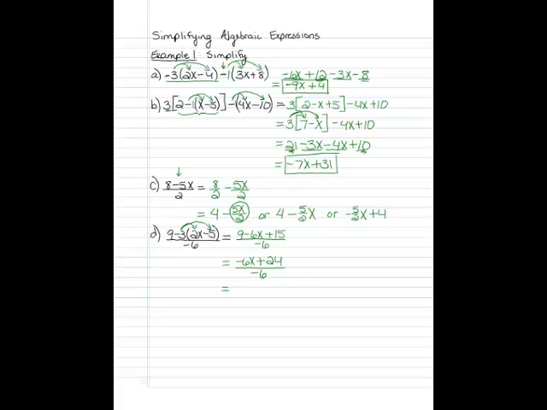Now we can split it up. So we have negative 6x over negative 6 plus, we always want to keep the operation that's in the middle here, 24 over negative 6. So we have negative 6 over negative 6 gives us a positive 1x plus 24 divided by negative 6 is negative 4. Simplifying this, 1x is the same as x minus